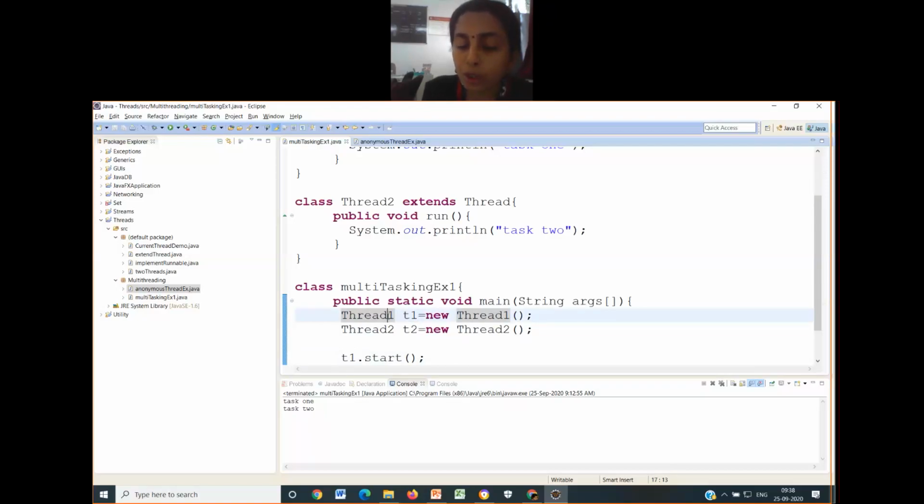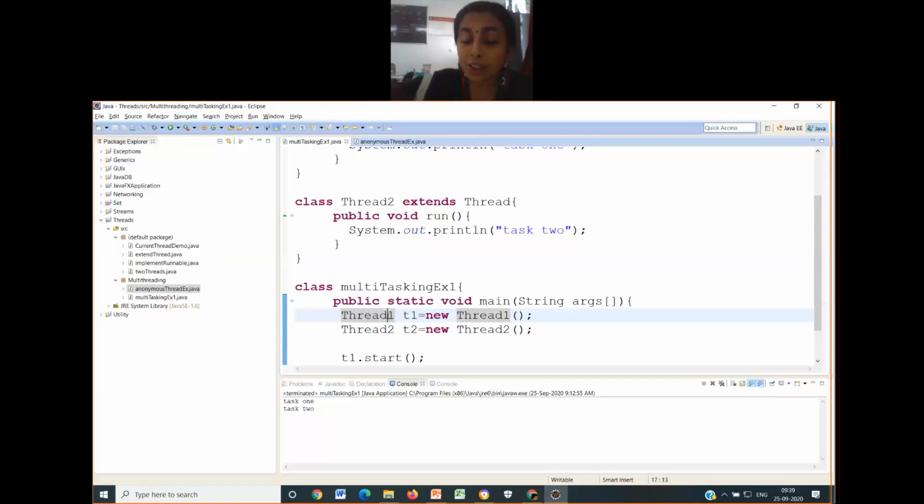But if you want to convert these classes into what are known as anonymous classes, it means what? Please listen to my statement properly. I just want to make sure that for the class as a whole, I don't give a separate name. Instead, as and when I create the thread object, that object itself will become the name in the future.